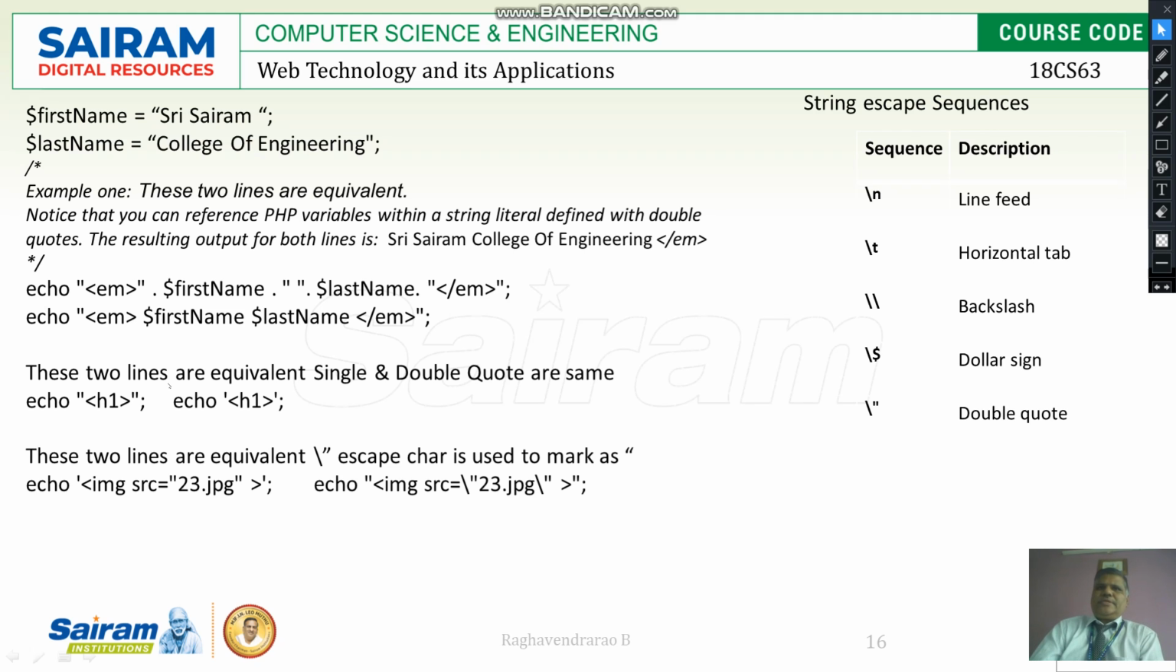Similarly, there are some functions here. We'll see. First name is Sri Sai Ram, last name is College of Engineering. You want to concatenate those things, and it is possible to concatenate them. There are two lines, both are equivalent, and that's how it has been defined here. Now echo first name dot. The dot is there here. This is